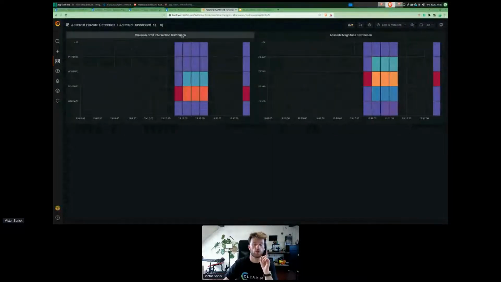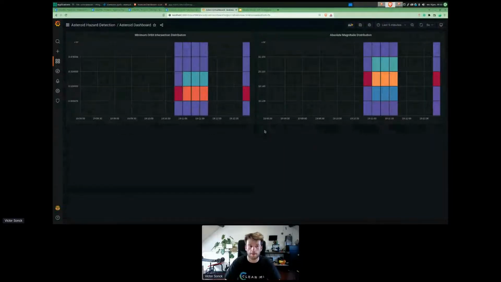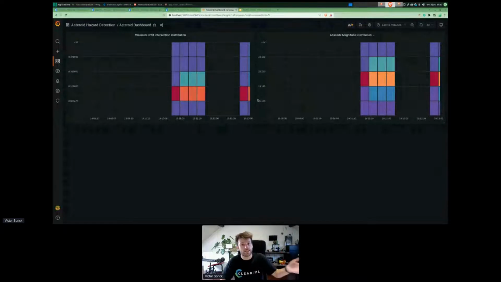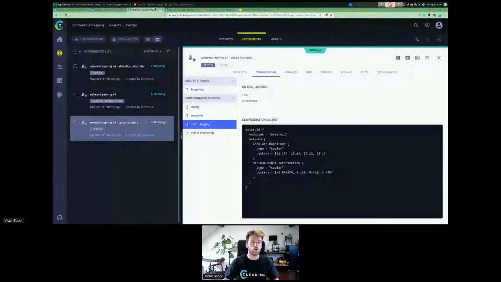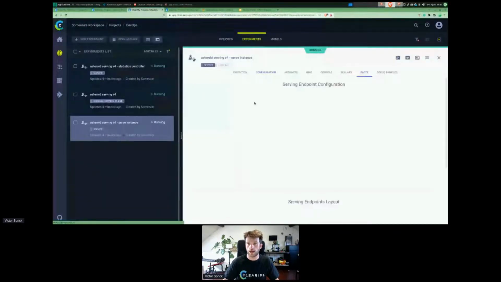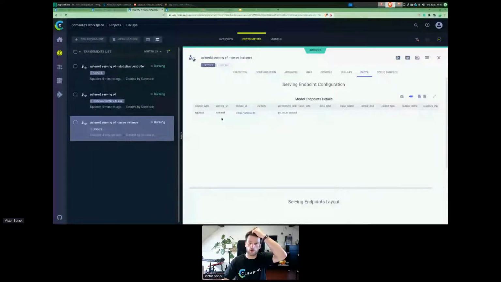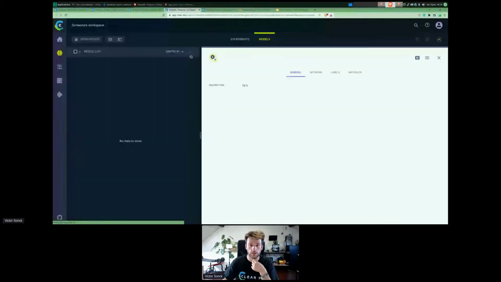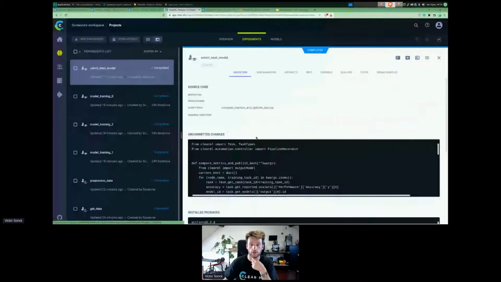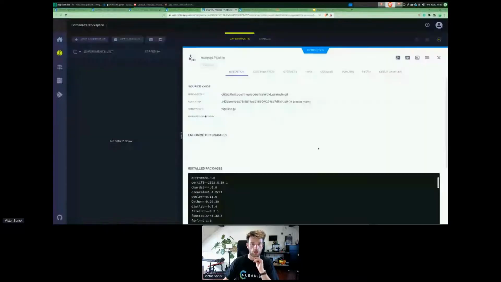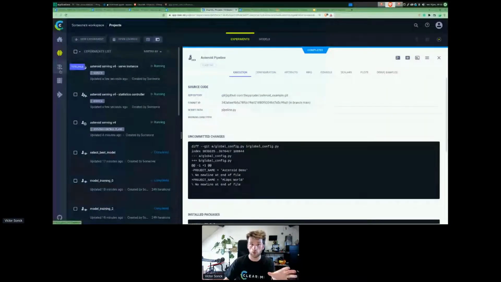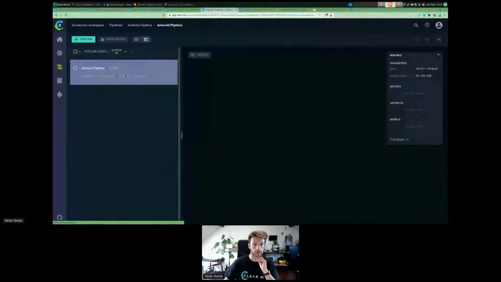So the first thing that I'm going to do is imagine you have a drift model, or you have model drift. The first thing you're going to want to do is trace it all the way back down and see where did it come from, right? What can we change? So if I go here back to our serving instance, and we go into our asteroid model here, what we can do is we can go to the model and go to the original test model and then the original pipeline that created it, right? This is the old UI. So if we go into the new UI, this is actually, we know that this is the pipeline that actually